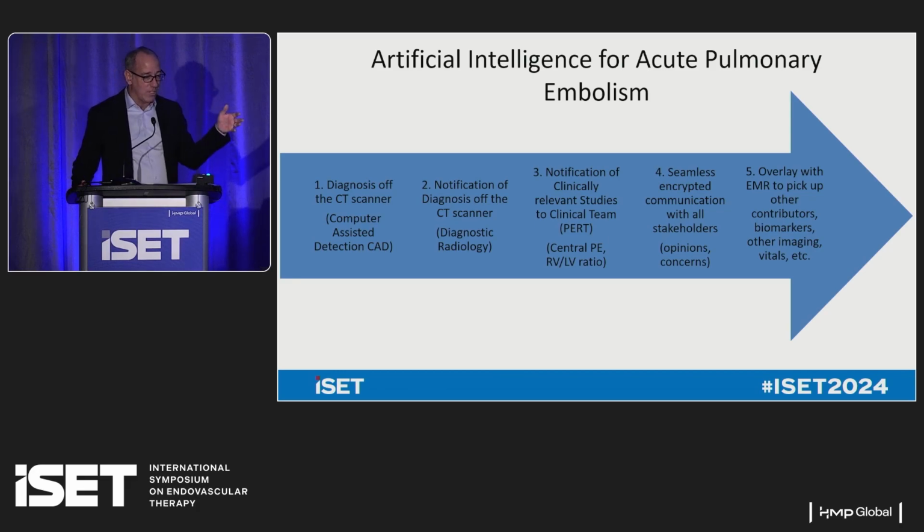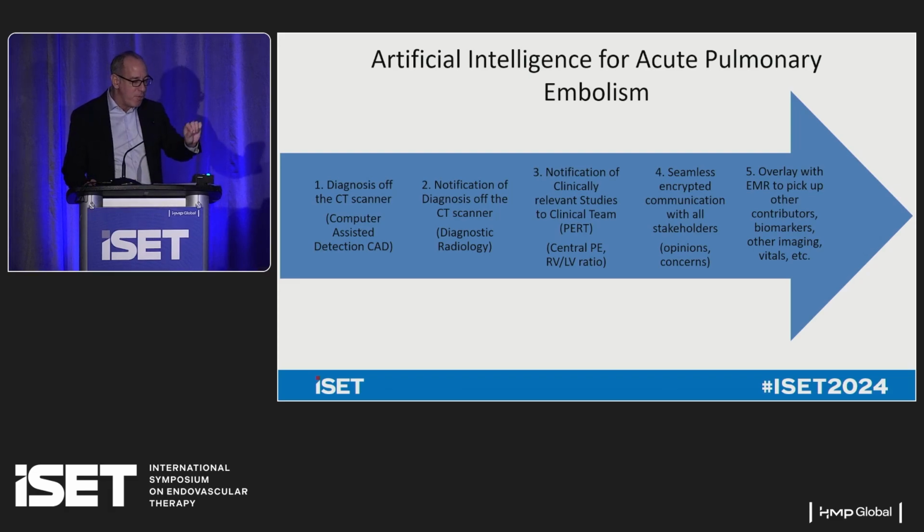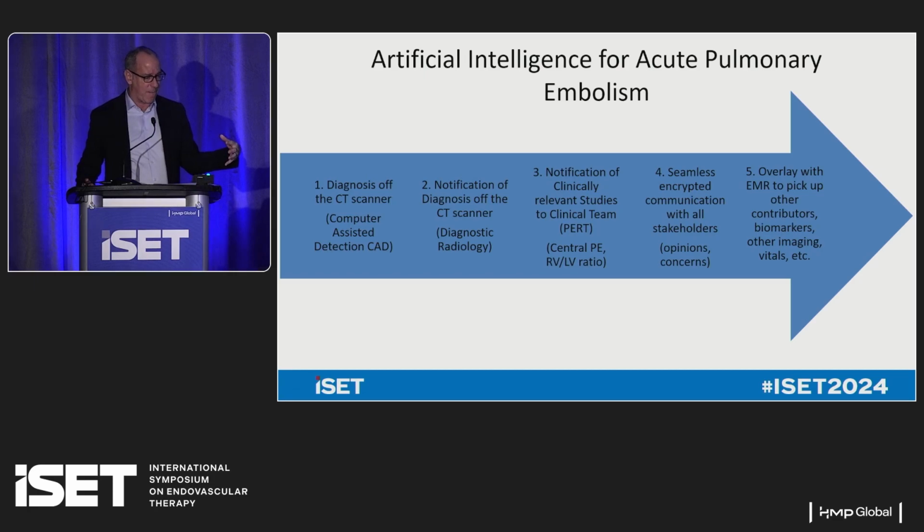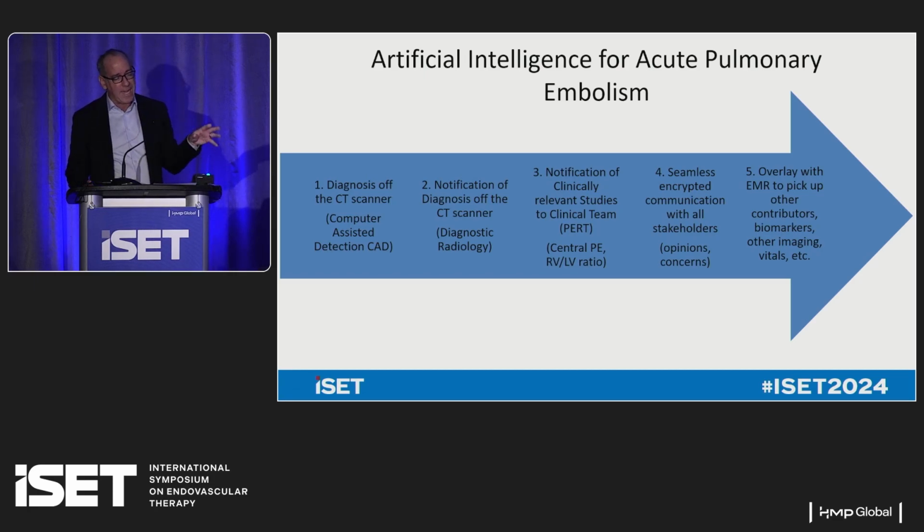So that was the first foray, 15 years ago. There have been numerous iterations that allowed the reading radiologist to be notified at his workstation. There's been a lot of work in artificial intelligence to triage this more subtly and ask: is this a central clot? How much strain is the right ventricle under? And then about 4 years ago, mobile phone apps came along, which could literally ping the physician and notify them that there was a central large PE.